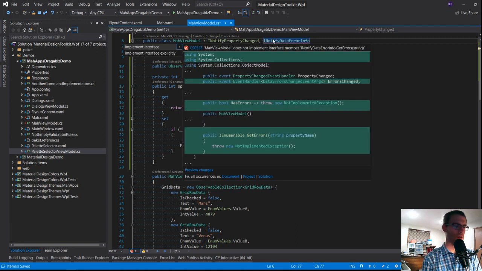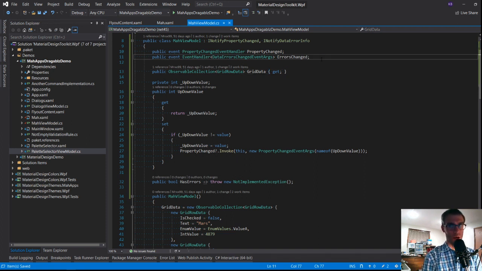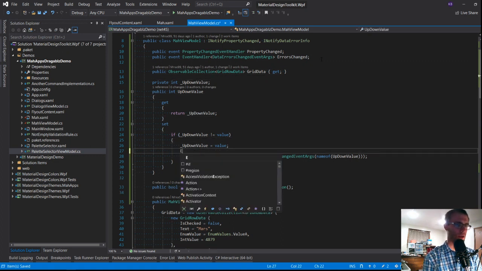Has errors. Errors changed. Great. This will work. So for anybody who's interested in implementing validation inside of WPF, this is going to be the absolute longhand way of doing it. So just be aware.